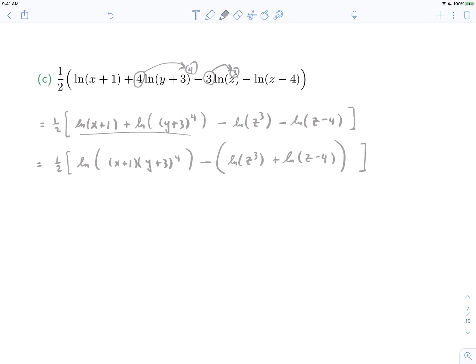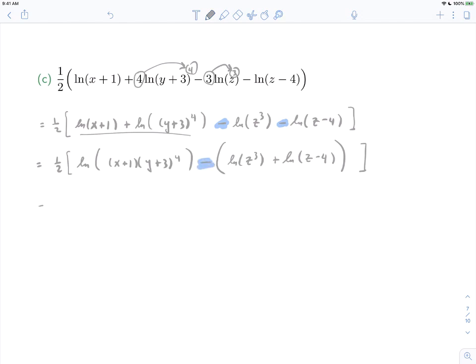Since I'm accidentally using gray, I might as well change the highlighter. So these minus signs I factored out, and that's that minus sign, like so. The reason I took out that minus sign is so it was easier to see how to combine these two. So this is the sum of two logarithms. So that means it's the logarithm of a product. So this is going to be